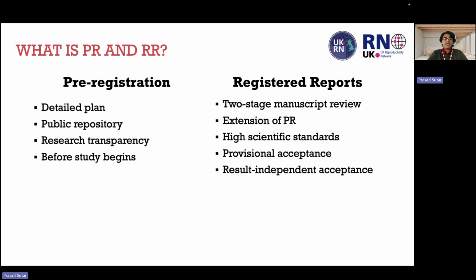This leads to research transparency because you have put in your detailed plan. It has got timestamped, and that plan is available for everyone to see. So that will make the researcher produce the results more transparently. And this is done before the study begins. Now,